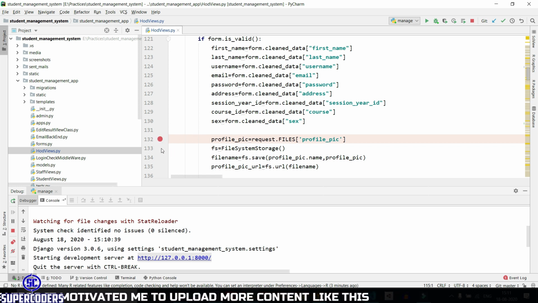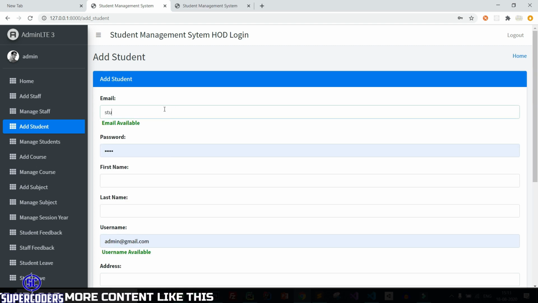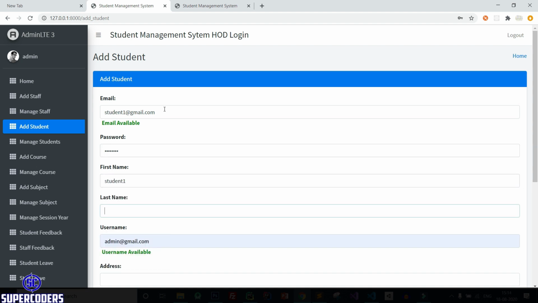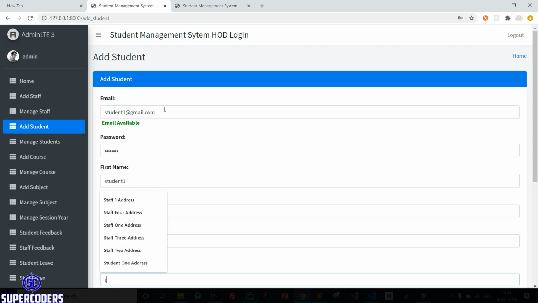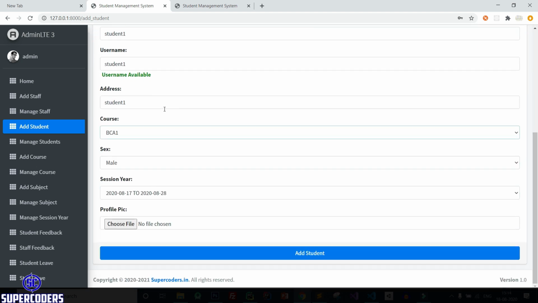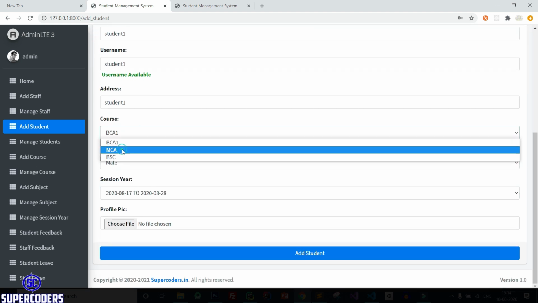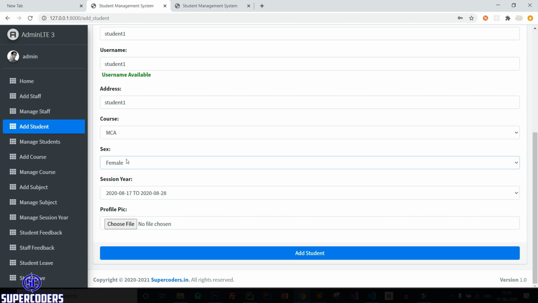So this is also known as a breakpoint. Again you can add here. Now let's try to add a student. So come to Chrome. Let's try again. student1@gmail.com, student one, BCA or MCA, mail.